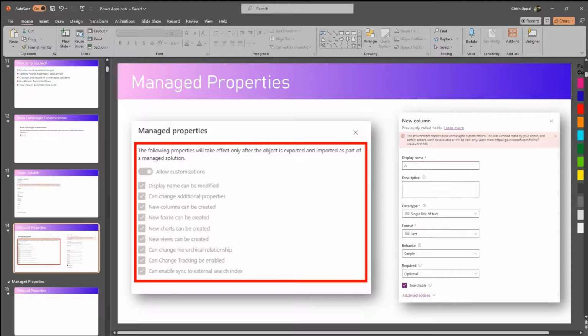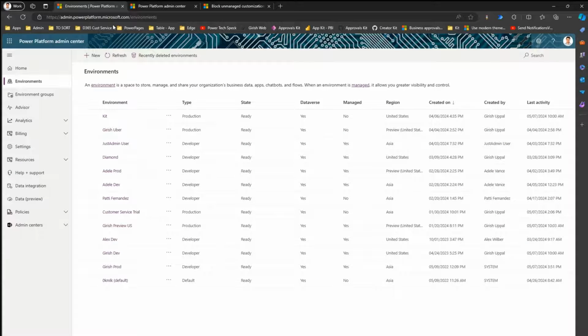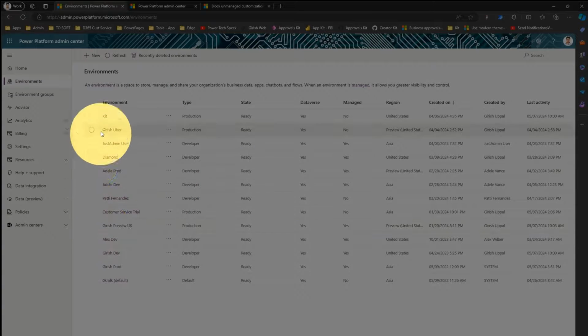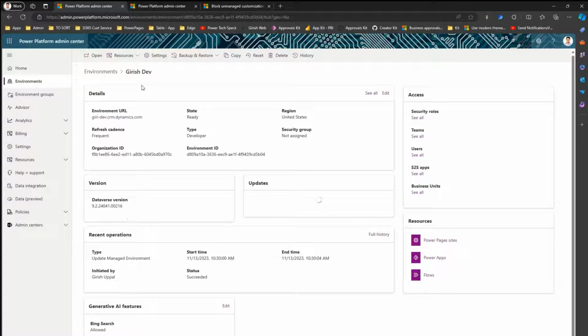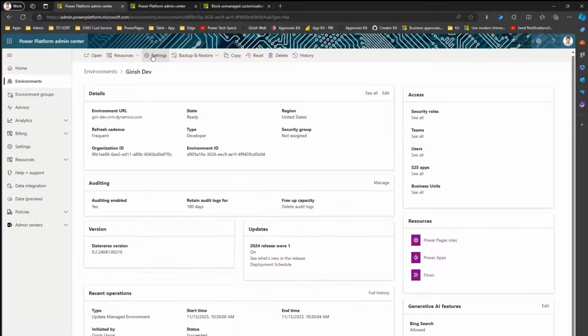Before that, let me show you how the environment looks in my tenant. So here I have various environments. Now let me show you the dev environment. So this is Girish dev environment, whereby I will create all my solutions over here. So in this dev environment,